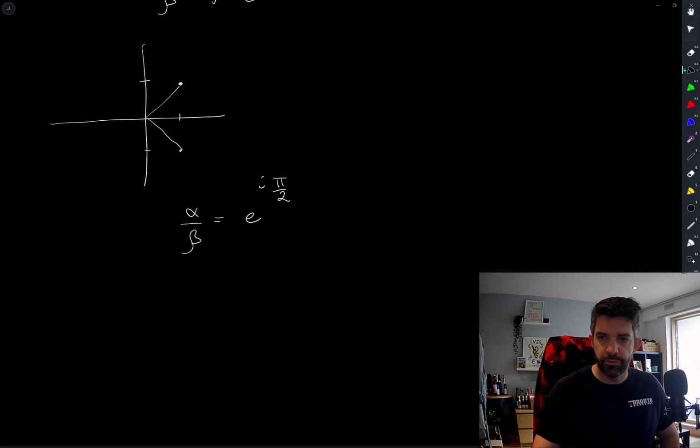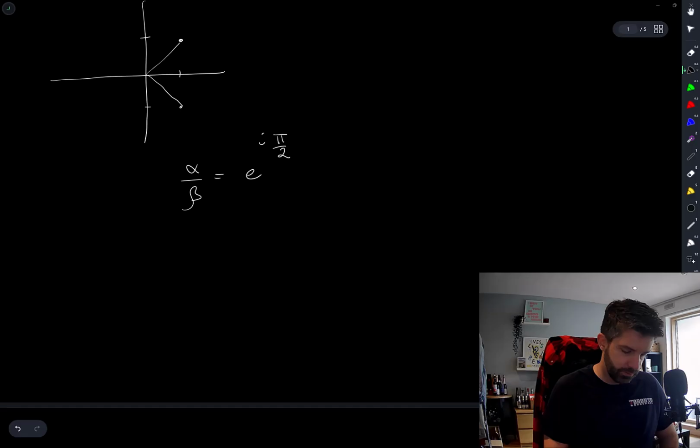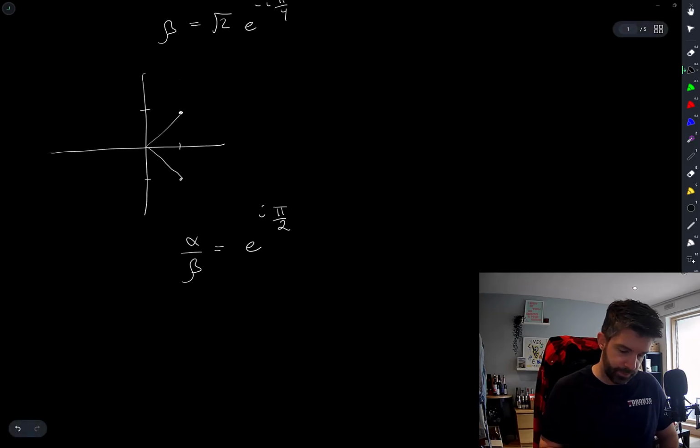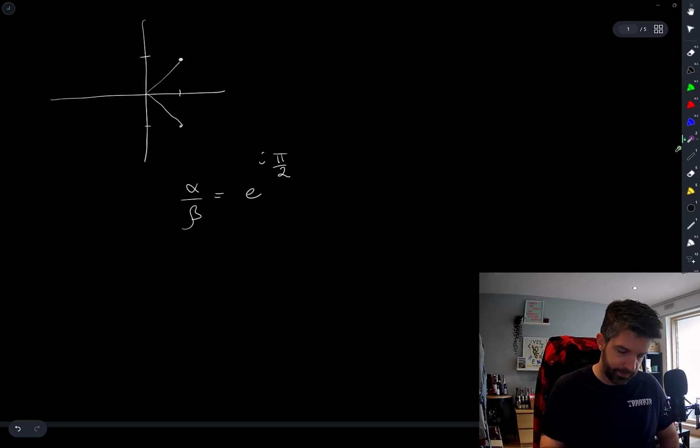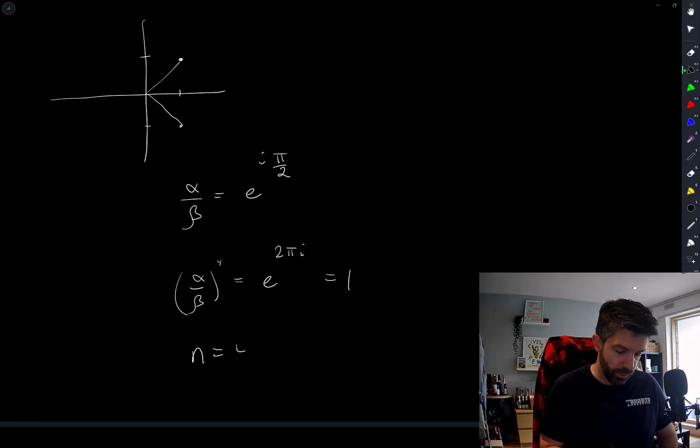And we want the smallest positive integer. So this number, alpha over beta, is that number there. So if we raise that to the power of 1, 2, 3, 4, we get 1. So alpha over beta to the 4 is equal to e to the 2 pi i, which is equal to 1. So my answer is that n equal to 4 is the smallest positive integer